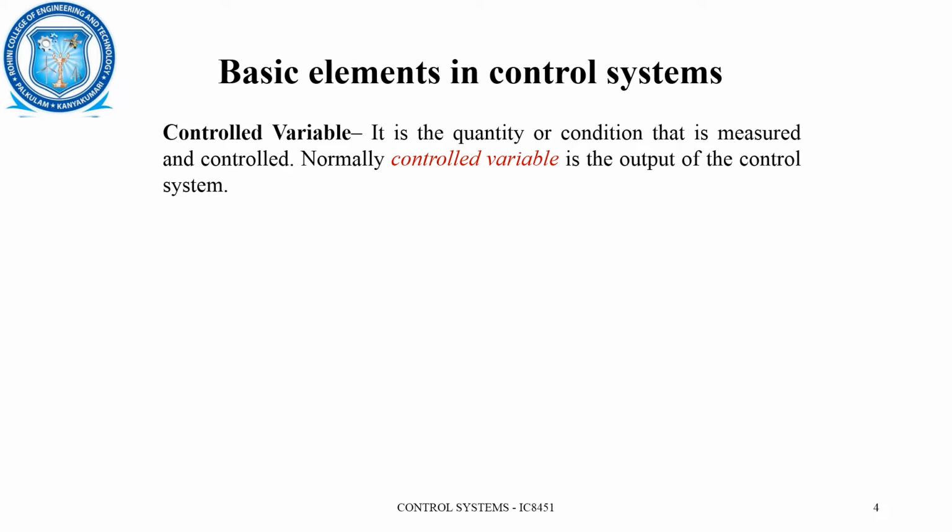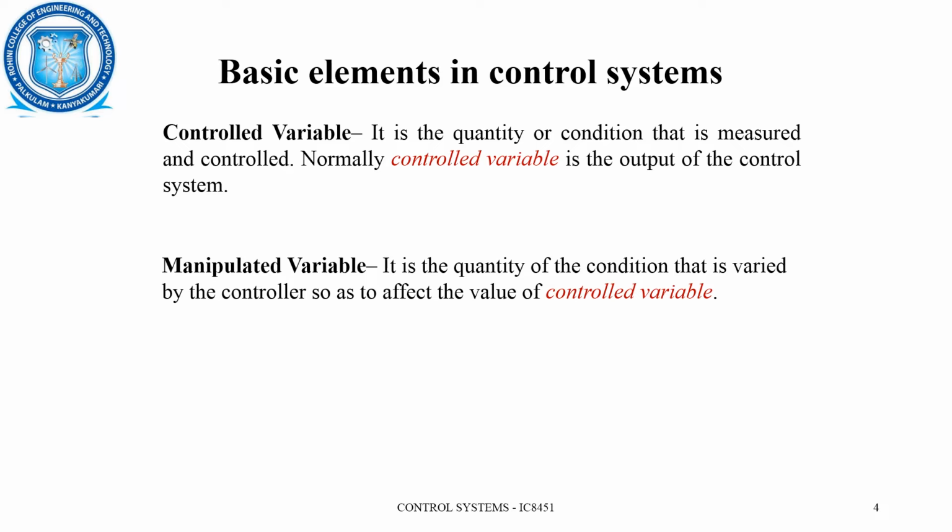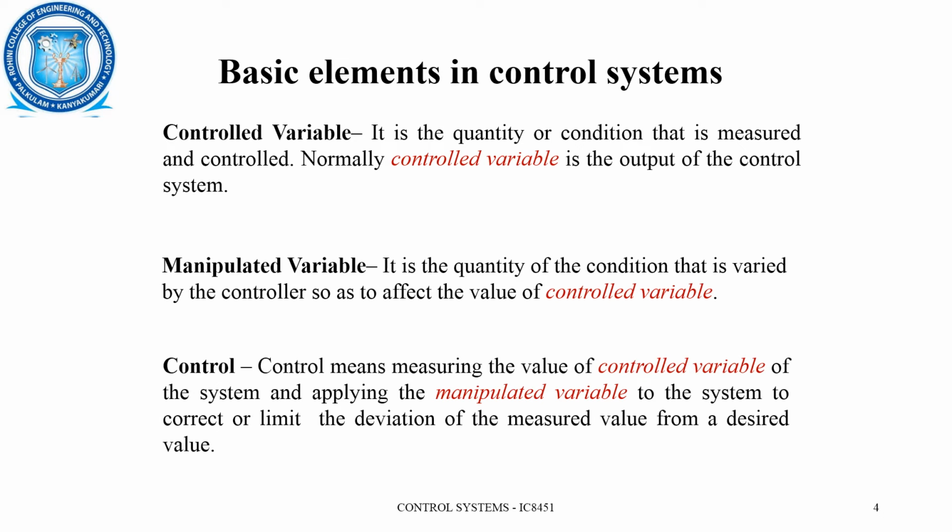Coming to the variables, the controlled variable is the output of the process or the control system, and it is the quantity or condition which is measured and then controlled. The manipulated variable is the quantity or condition that is varied by the controller so as to affect the value of the controlled variable. The word control means measuring the value of the controlled variable of the system and applying the manipulated variable to the system to correct or limit the deviation of the measured value, that is the actual output, from the